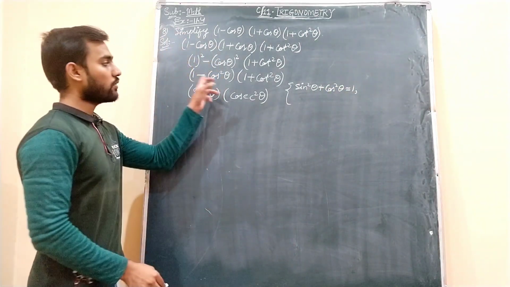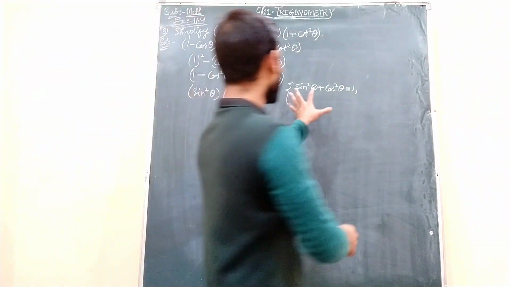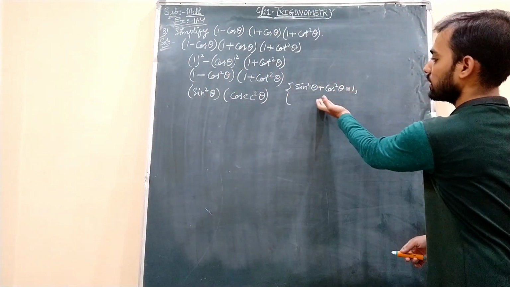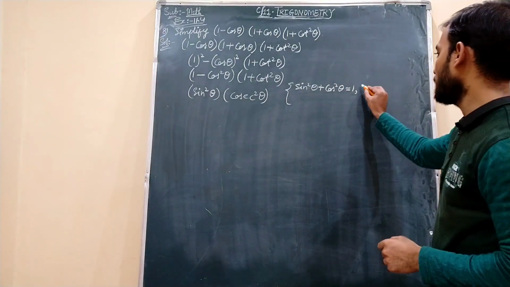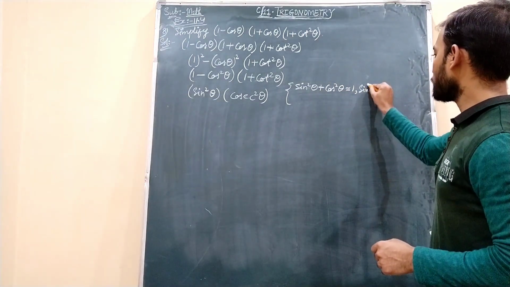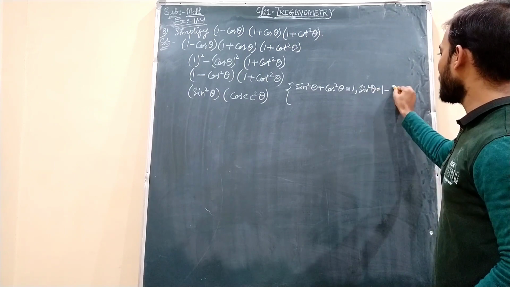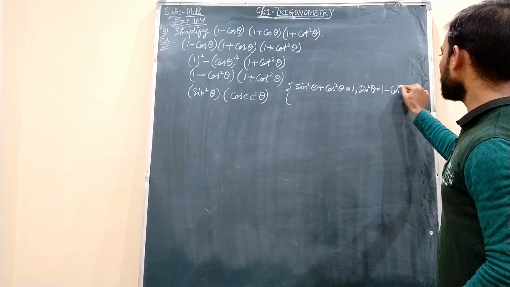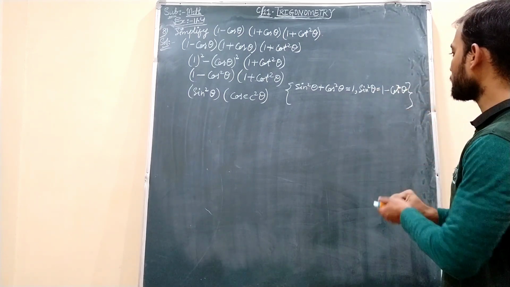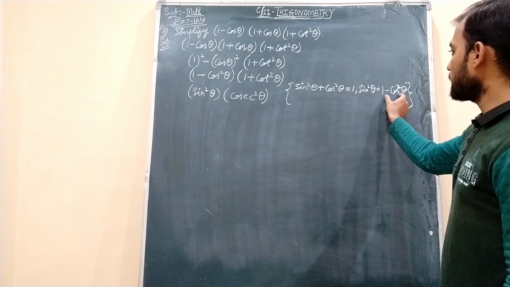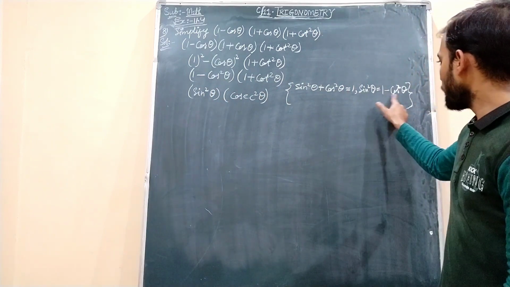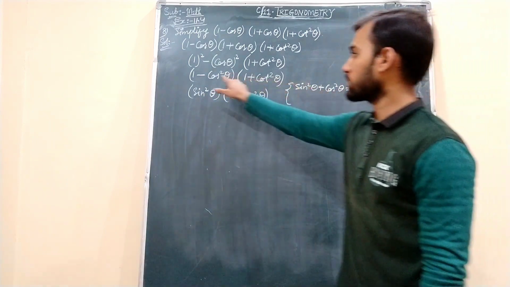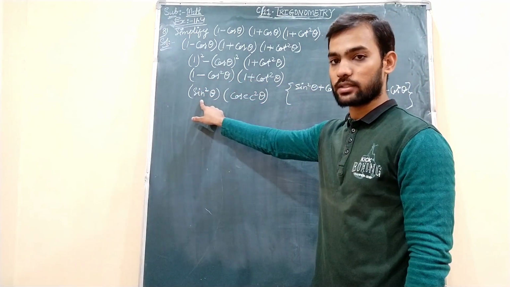I want the value of 1 minus cos square theta, right? So for this one is already here. If plus cos square theta is transposed over this side, we will get minus cos square theta. So it will become sin square theta equals 1 minus cos square theta. Okay students, similarly here we got 1 minus cos square theta which was already there over here, and this value is equal to sin square theta. So that is the reason in place of this I wrote sin square theta.